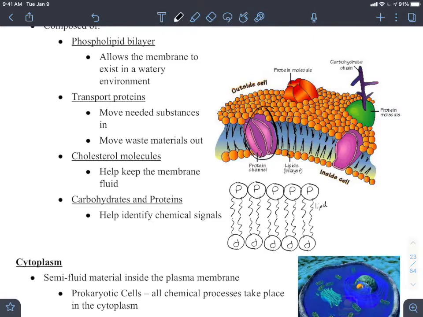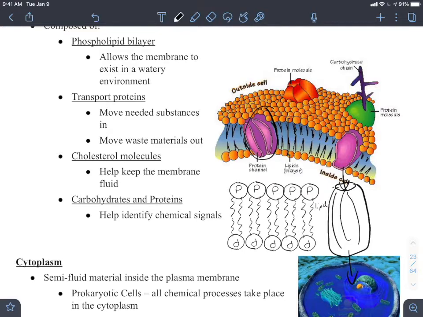Now, transport proteins are these things that are found here. They sit inside the phospholipid bilayer, and they're there to allow for the transport of materials. So think about them as, it's very hard to draw in 3 dimensions on a piece of paper, but they are three-dimensional tubes, sort of the railroad system here. They would kind of be like this. And so objects, I should say, chemicals can go in and out of the cell through this opening and enter the cell. So remember that this phospholipid bilayer is going to be very difficult to pass through.